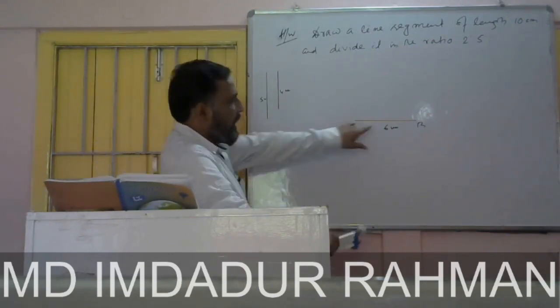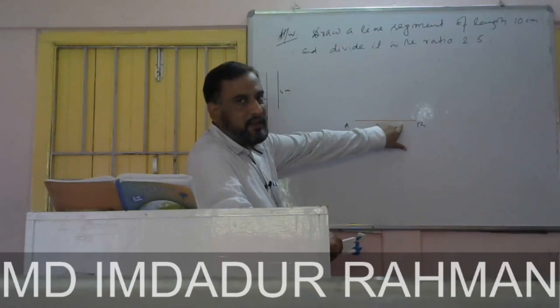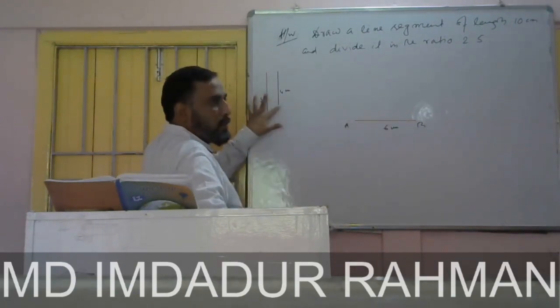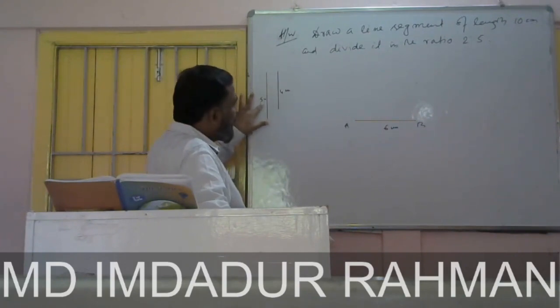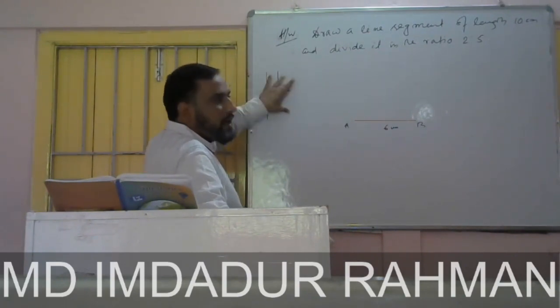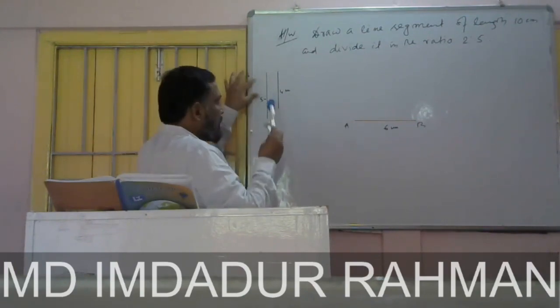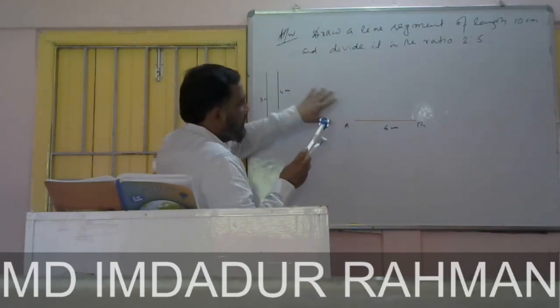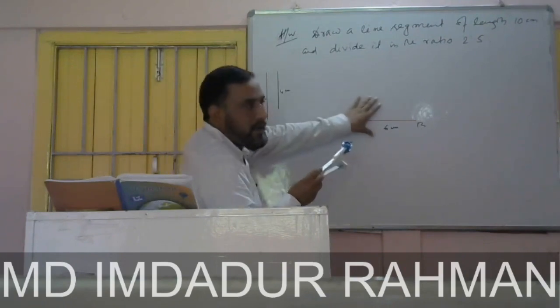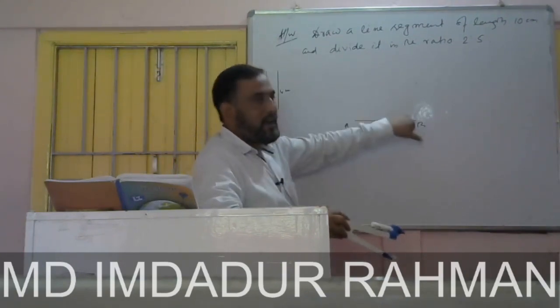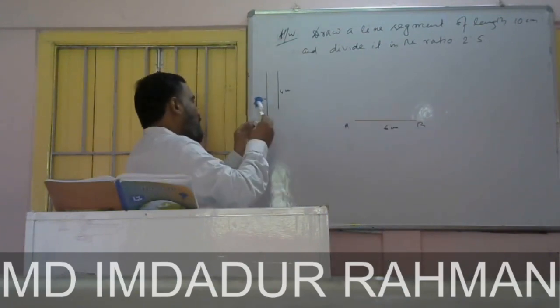You see, at first we have drawn a line segment of length 6 centimeter, then we have drawn two more line segments of the given length, 5 centimeter and 4 centimeter. Now we will copy this measurement here. Copy from here and paste here. So you cannot draw the triangle directly here, you have to follow this method.